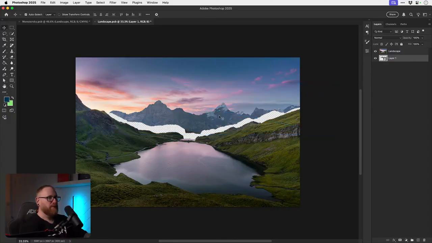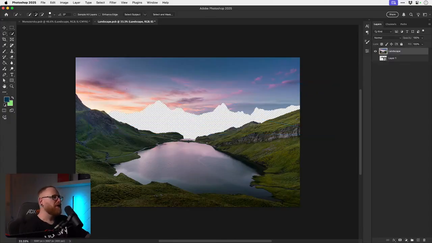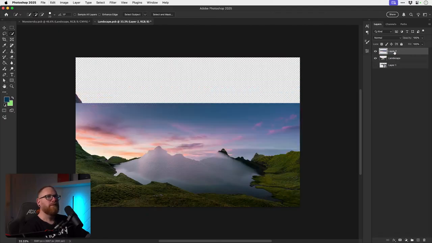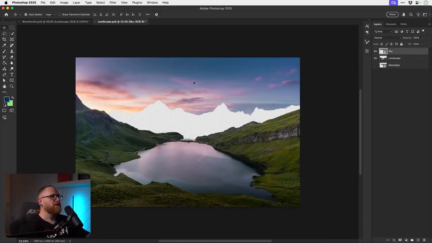Ooh, I'm going to need to separate the sky as well. So we got sky, mountains, landscape. Cool. So then this goes up there.